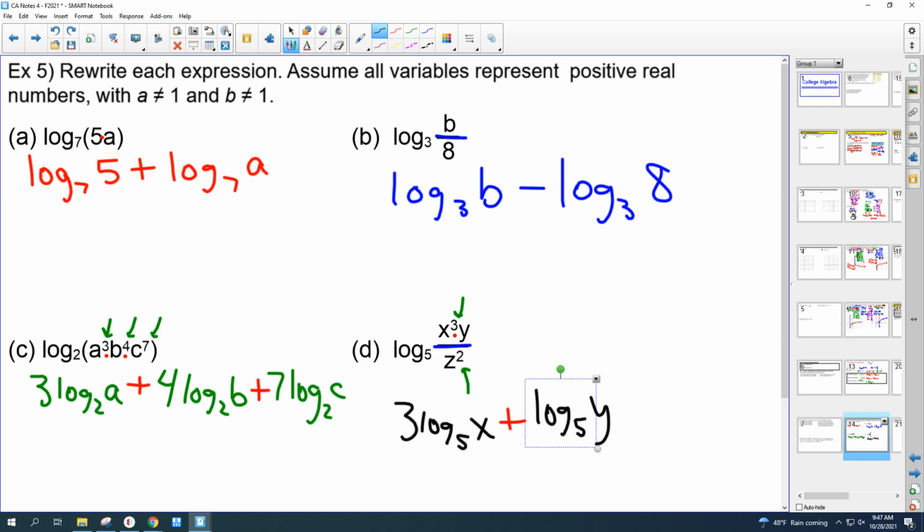No exponent, so nothing in the front. And then that division, I can say that's minus. I've got an exponent 2, so let's put that in the front. Log base 5 of z. Don't forget your base 5. If you leave off the base 5, it's wrong. All right, there we go. Now,